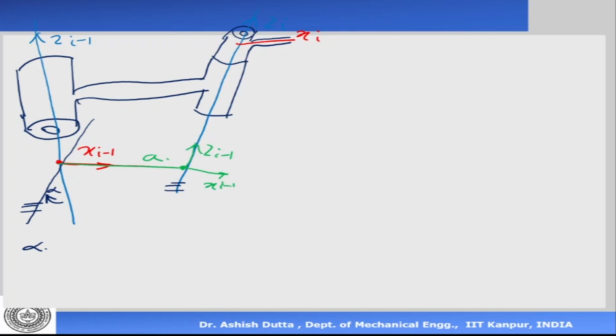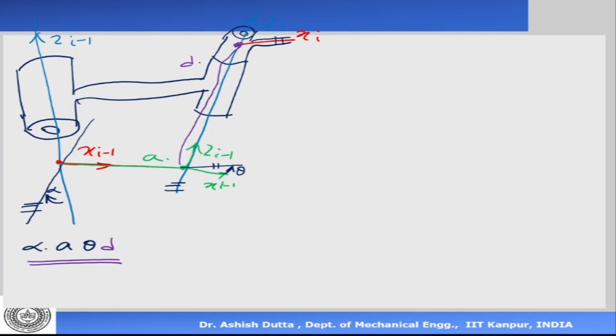Okay. Now what do we do? So I have had alpha, then we had a, then I have theta. I rotate this and align it there. I have angle theta. Now this is aligned to this. Then I move it upward. I move the origins such that the origin goes up by a distance d, and the origin comes here now. That's d. So I had 4 transformations: alpha, a, theta, and d.